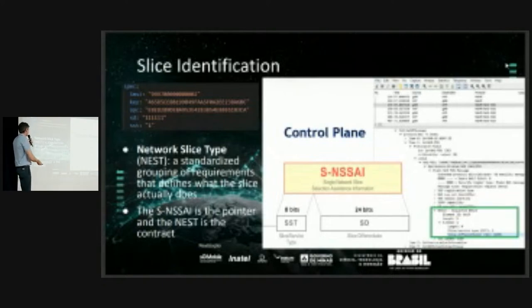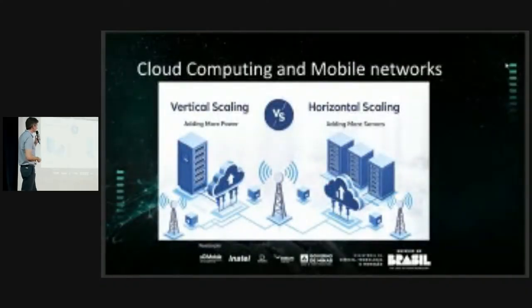For example, this number, S-NSSAI, is a pointer to the contract definition for the tenants. We use this identification in the concepts in practice, in the concrete part.